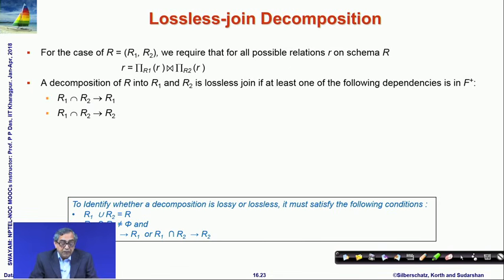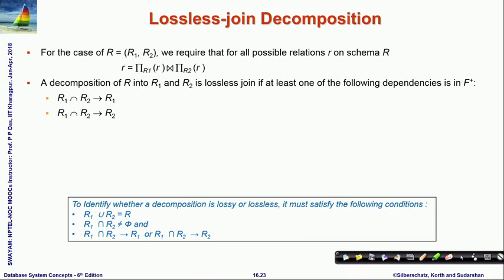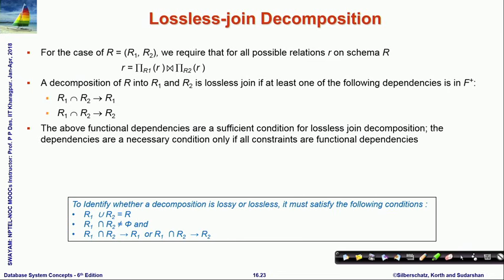So, if this intersection set of attributes uniquely determines R1 or uniquely determines R2, that is, if the intersection set of attributes is a super key either in R1 or in R2 or both, then we say that the join will be a lossless join. Note that this is a sufficient condition, which means that there could be some instances where this property is not satisfied, yet the join is lossless, but we need guarantees for our design. So, we make use of the fact that if one of these conditions is satisfied, then it is a sufficient condition to say that the join will